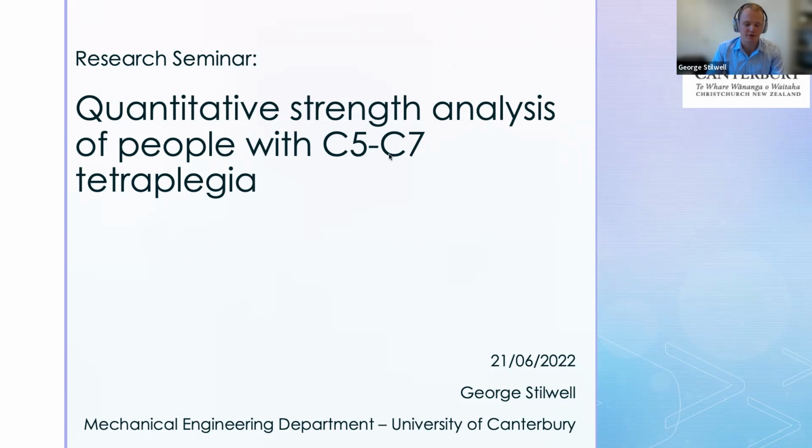I'm a mechanical engineer from the Department of Mechanical Engineering at UC, and I've recently completed my PhD, which is all around understanding the strength of people with C5 to C7 tetraplegia in a bit of an engineering context, I suppose. So originally when I was starting my PhD, or what drew me into it, was I've always been interested in design engineering, and this topic kind of came up, I suppose,